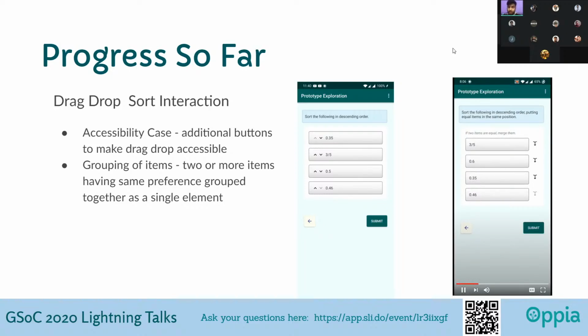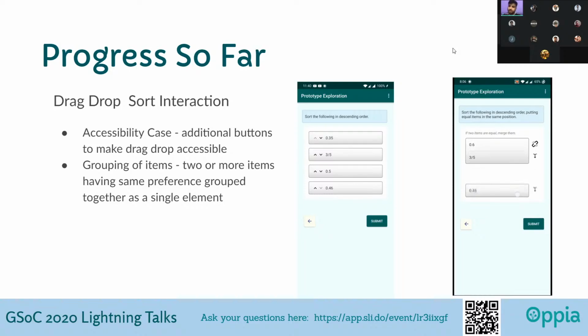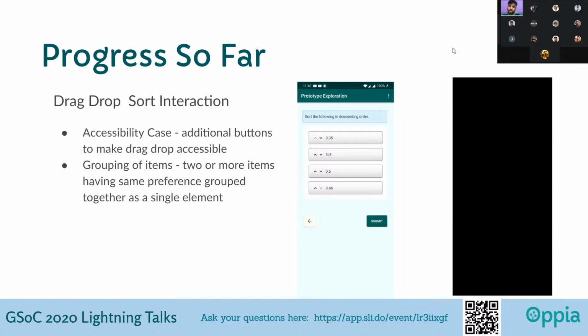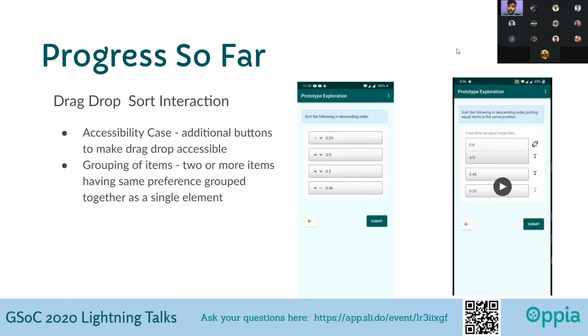And the other thing is grouping of items. This is only applicable if the creators are allowed to have two items at the same position. And the implementation that is being used on the web is not, I would say, intuitive. The first time I tried it out, I guess Prayush was with me, and that was something we couldn't do in the first go.